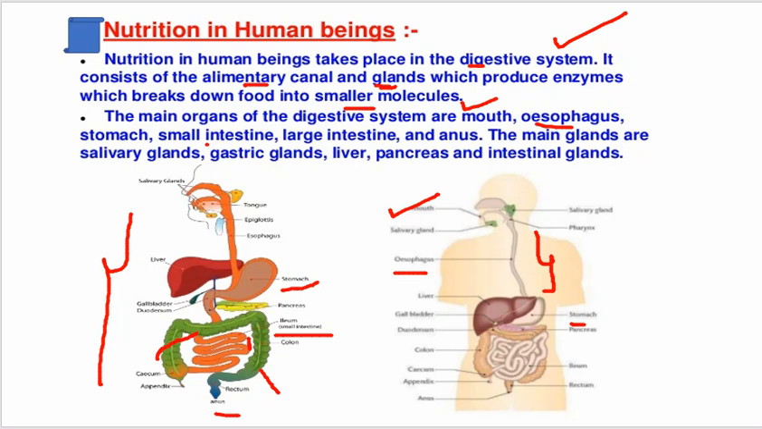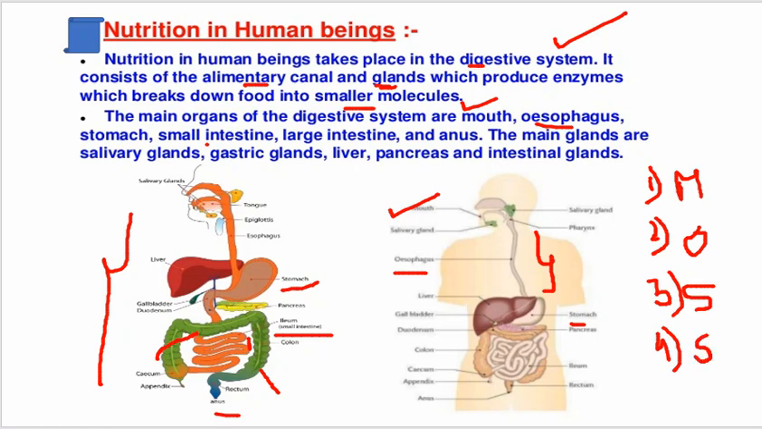So these are all the main organs of the digestive system. We all have to learn this number-wise. First is the mouth, second is the esophagus, the third one is the stomach, the fourth one is the small intestine, the fifth one is the large intestine, and the last, the sixth, is